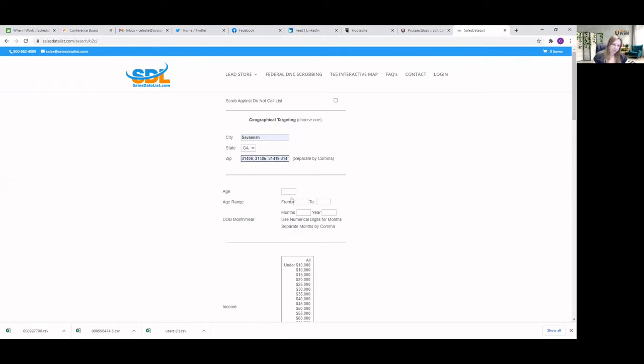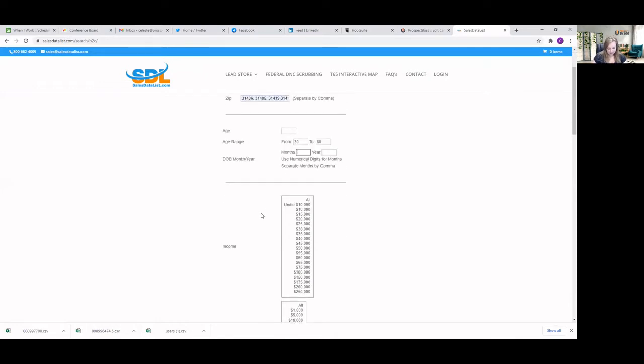For home and auto, we generally say to target people who are between 30 and 60 years old. So in here, in age range, we're going to put 30 to 60. Income, we say about 30,000 or more per year. So we're going to select all of these, and just keep in mind when you're doing these income ranges,